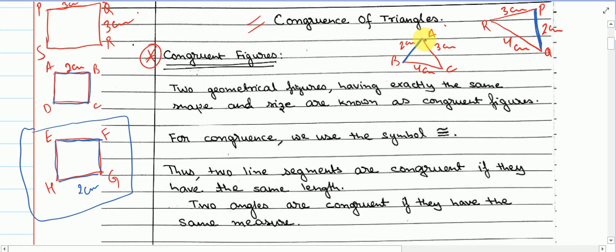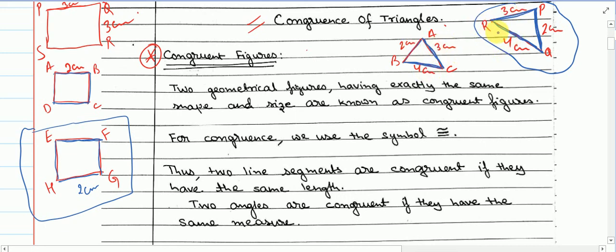And we have here how much? 3 centimeter, AC. So in this triangle we have one side which is 3 centimeter. Here we have 4 centimeter. So in this triangle also we have one side which is 4 centimeter. So it is possible for you to bring this and overlap on ABC, yes or no. So they are shape wise same because they are triangles with 3 sides, and size wise also same because here you see 2 centimeter side, 2 centimeter side, 3 centimeter, 3 centimeter, 4 centimeter, 4 centimeter.